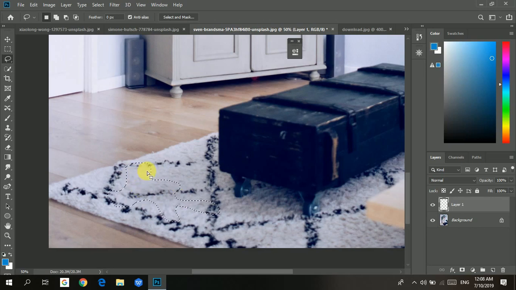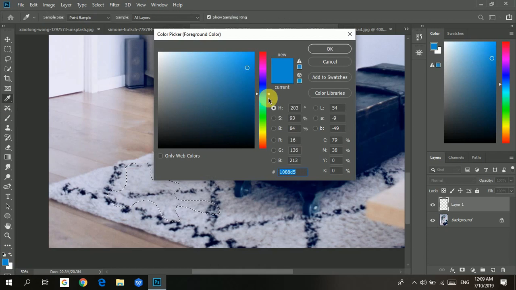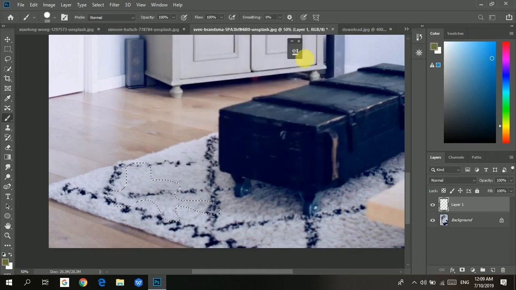For instance, I'm going to grab the brush tool with Shift B, or you could just click it a little over here. I'm making my brush smaller, and I'll be taking the color of a little dirty stain. So I'll go to yellow, and this color looks like a little stainy color, and then okay. So we have a foreground color over here, something like that. So we'll color it,